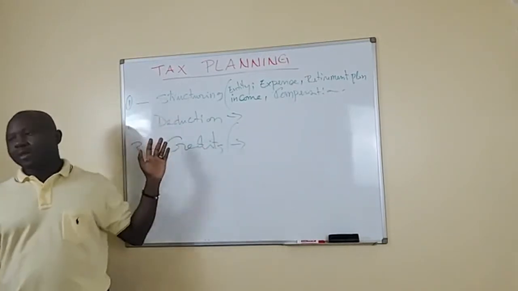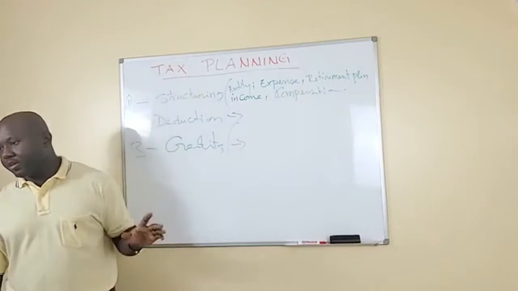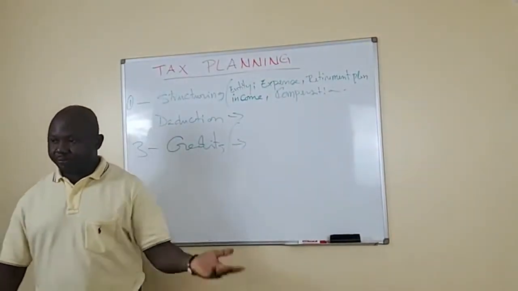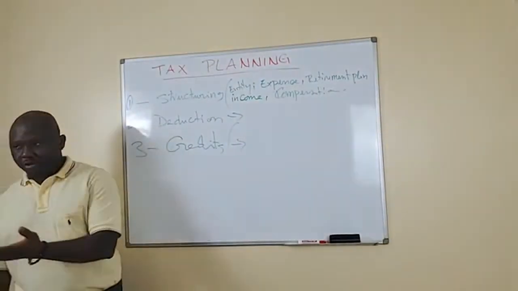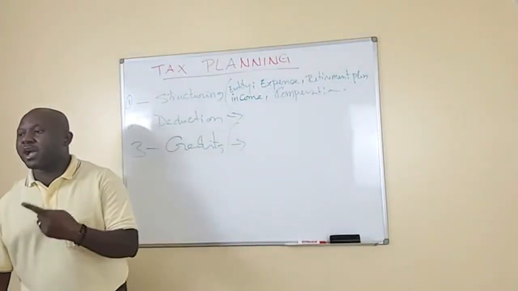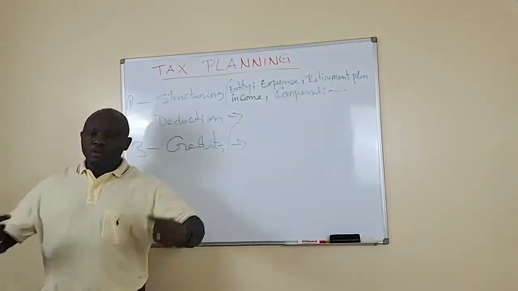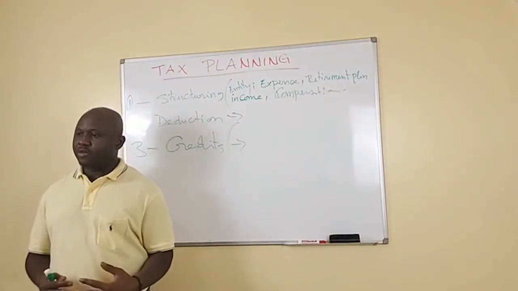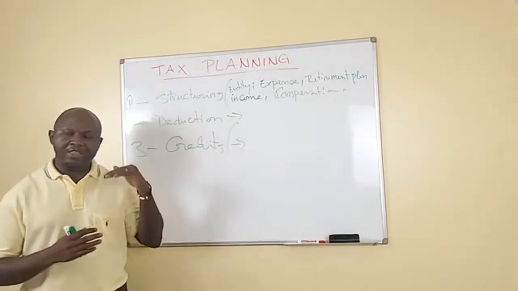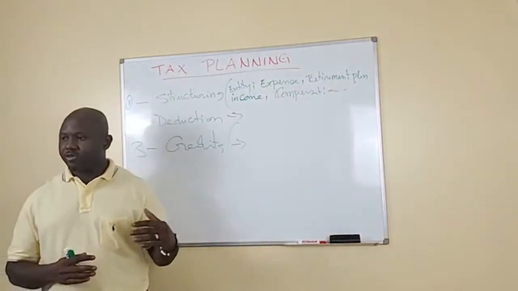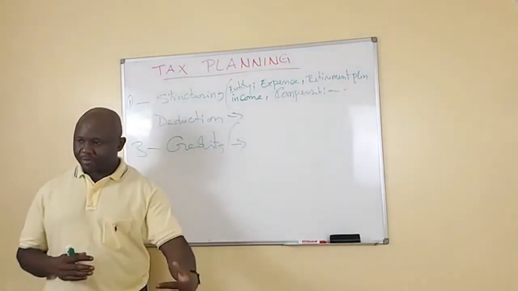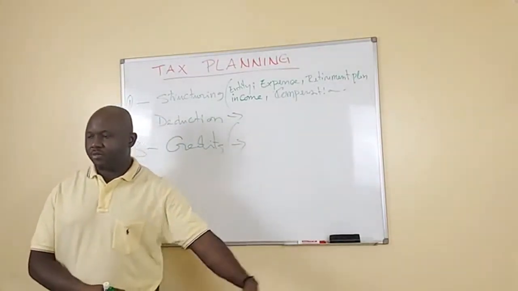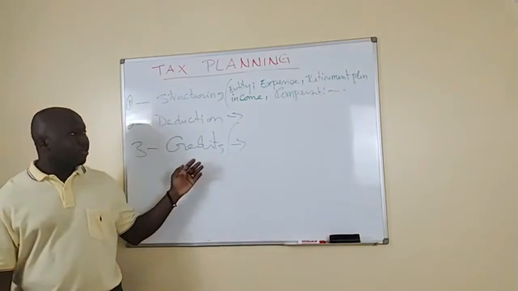And all of those are implemented during the year. Most of them, maybe one or two, may be done even after the year has passed, right? But you still have to consult with your tax professional for that. And you will still have to pay him to implement that. And there will be some limitation, because at the end of the year, there's limitation on what you can take in terms of tax planning, compared to if you had implemented them at the beginning of the year, because you have more room, right? So those are the main ones.